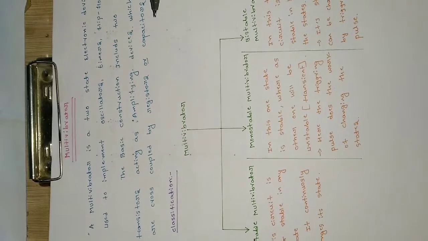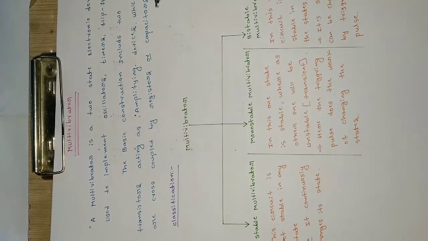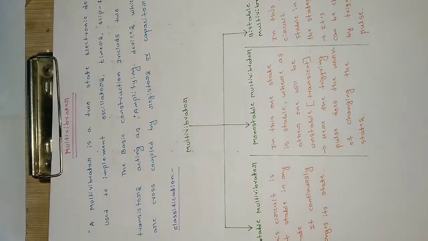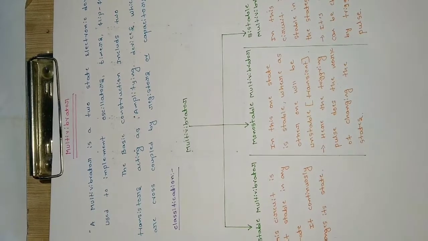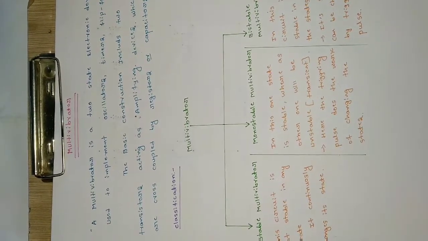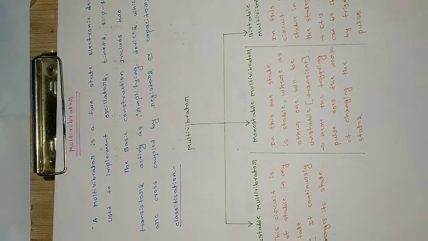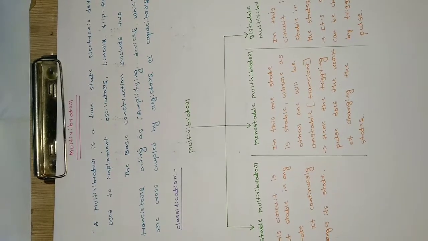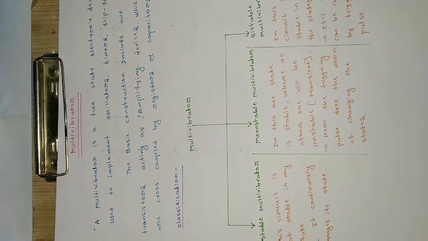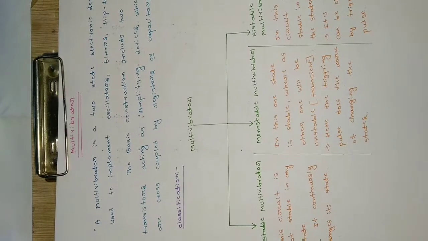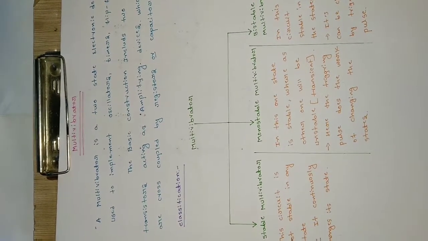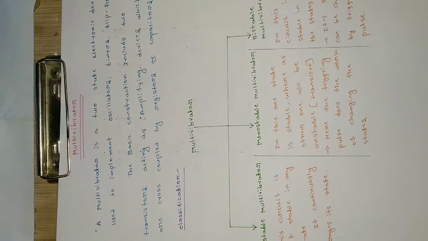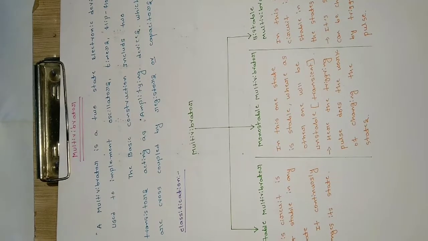Basically, multivibrators work on the Barkhausen criteria, that is, the loop gain of the control system should be slightly greater than unity so that the oscillations will be created. If the loop gain is less than unity, then the decaying of the circuit happens and no oscillations will be created. But if the loop gain is very much greater than unity, then the circuit will get overdriven and the output is not suitable for use. So it should be only slightly greater than unity in order to get the sustained oscillations.